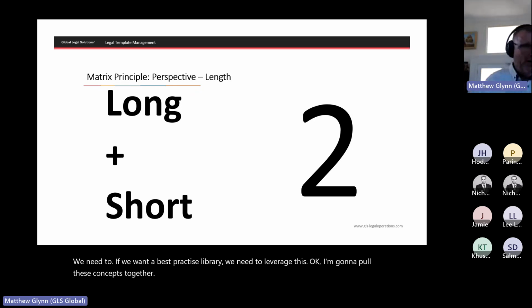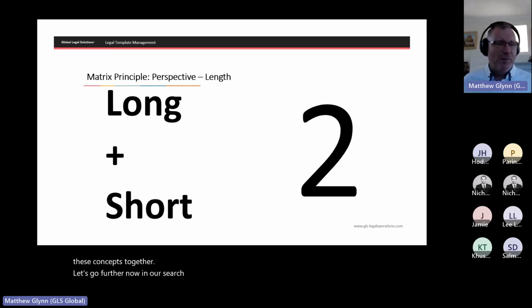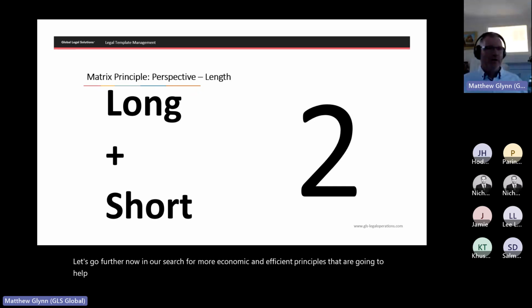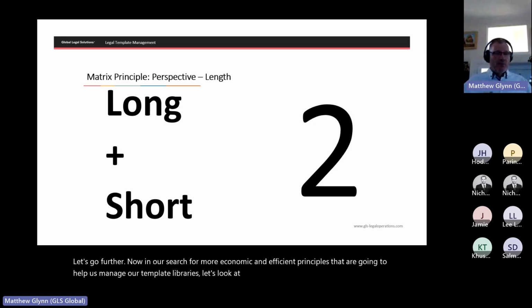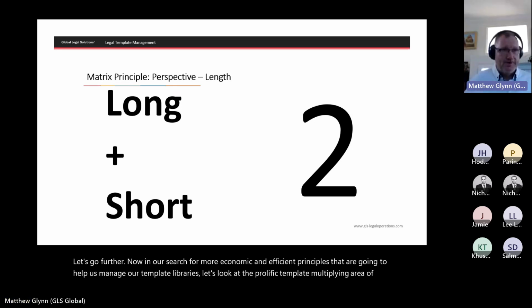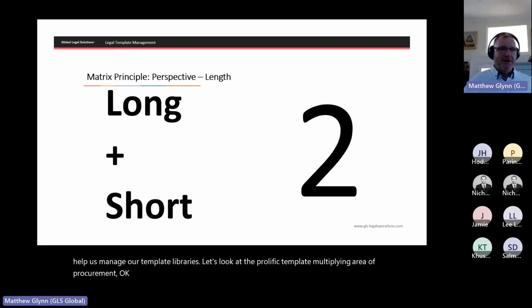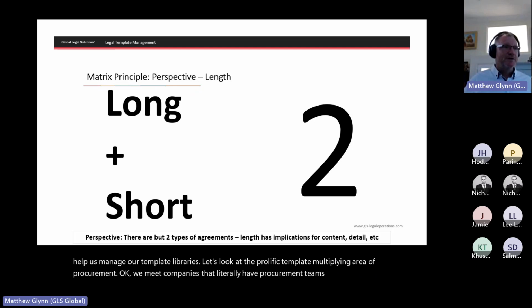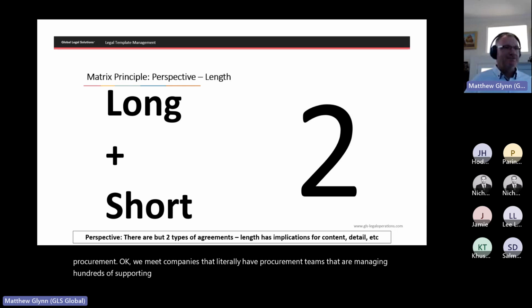Let's go further now in our search for more economic and efficient principles that are going to help us manage our template libraries. Let's look at the prolific template multiplying area of procurement. We meet companies that literally have procurement teams that are managing hundreds of supporting templates.